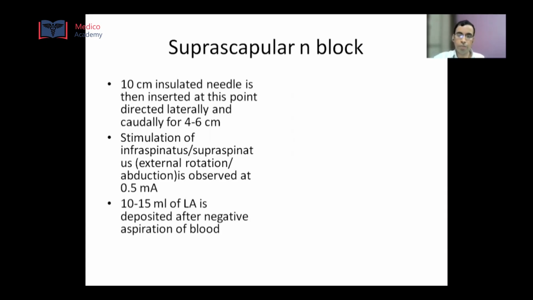6 centimeters. Stimulation of infraspinatus or supraspinatus is observed by initially setting the current strength at around 1 to 1.5 milliampere and then gradually reducing it so as to elicit the contractions at around 0.5 milliampere. Once adequate contractions are achieved at 0.5 milliampere, 10 to 15 ml of local anesthetic is deposited after negative aspiration